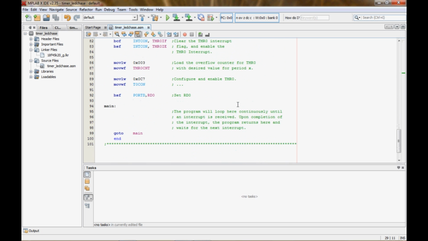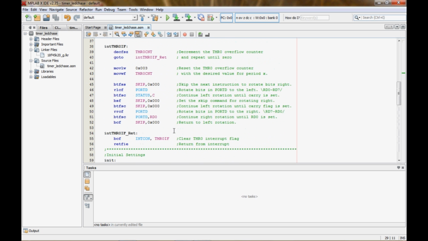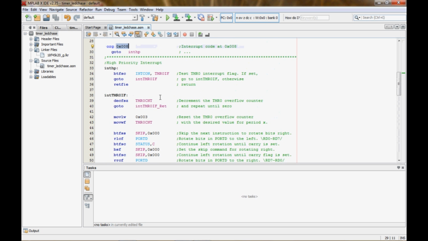As you'll see down here in the main section, there really isn't any commands, so everything happens during the interrupt, really. Okay, so stick with me because I know this might get confusing. The first thing that happens when that interrupt is issued is it's going to come to the int HP label. And here I'm going to do a bit test to see if the timer 0 interrupt flag has been